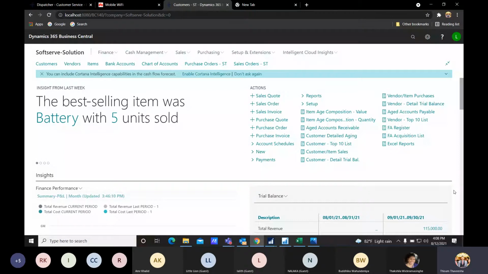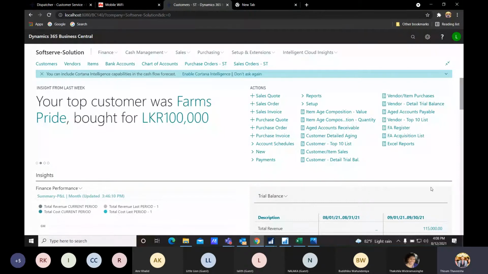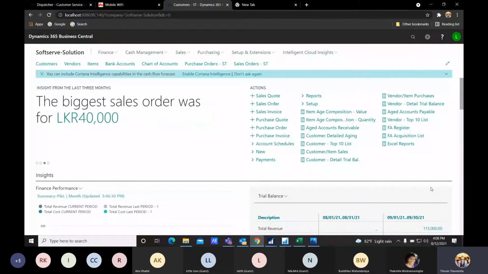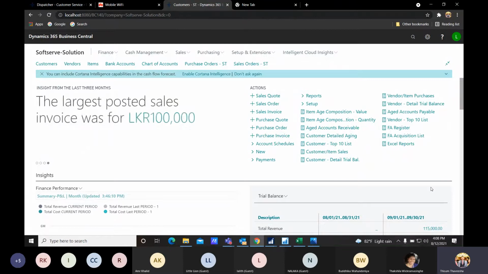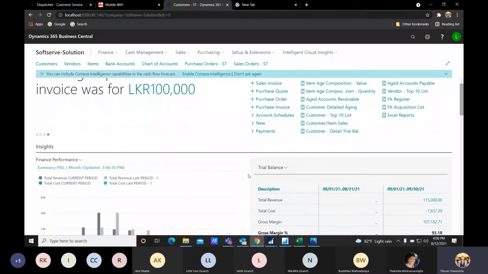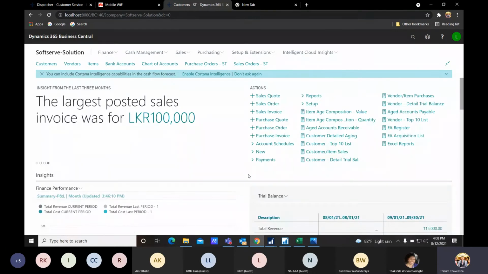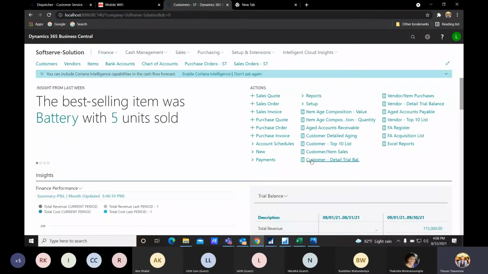So good evening, everyone. Today I will be presenting how to manage your finance with MS Dynamics. Throughout this module, I will give you an overview of the general ledger, the accounts receivable, the accounts payable, and the bank reconciliation. This is the first impression overview of Dynamics, where this whole GUI can be customized according to the relevant user roles and permissions.